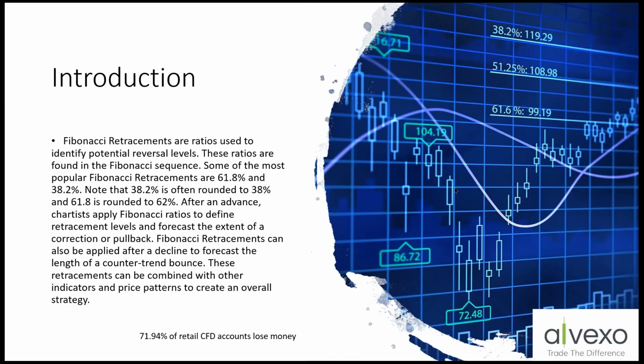Now, Fibonacci retracement levels are ratios used to identify potential reversal levels. These ratios are found in the Fibonacci sequence. Some of the most popular Fibonacci retracements are 61.8 and 38.2. Now, you can round them off to 38 and 62 because